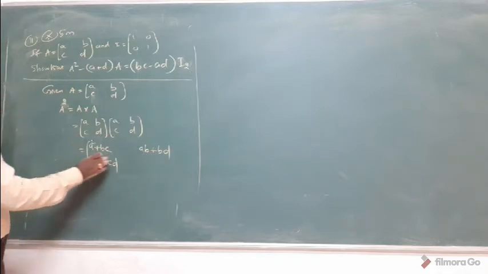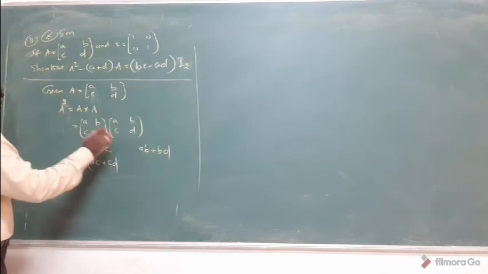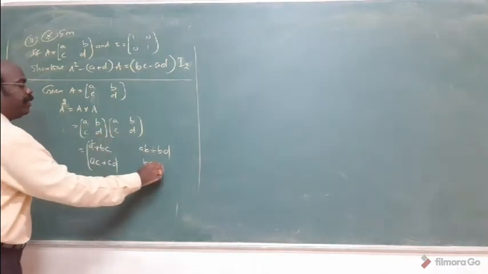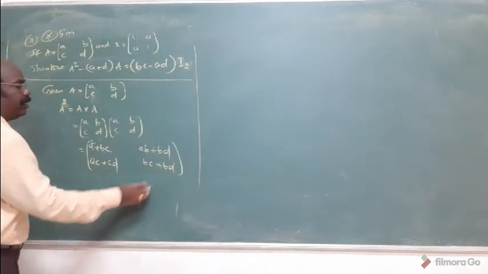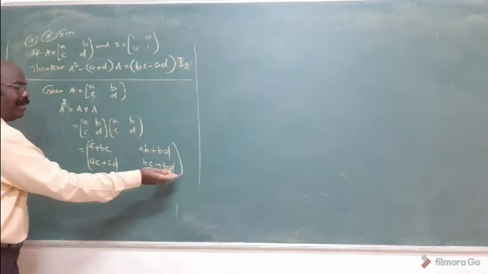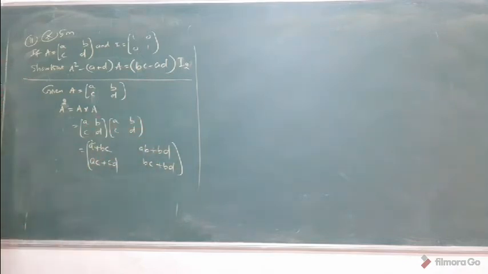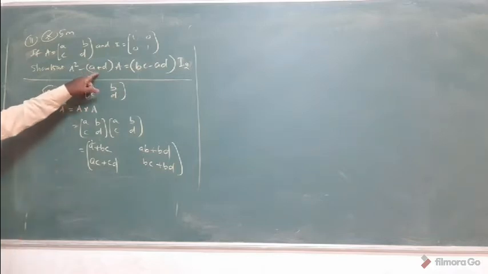Right now, C D into B, C into B, B C, D into B. Okay? In this way you want to do. D, B or B, what I say? I am writing the order A, B, C, D. In this way I am going to do. Okay? First answer. Now, what is next step?